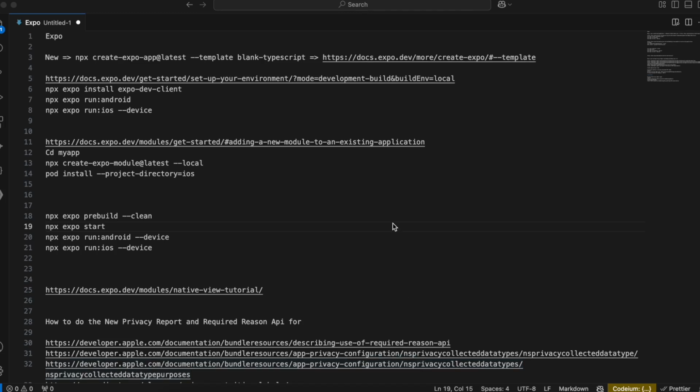In this video I will show you how to use the new privacy report as well as the required reason API for iOS in an Expo React Native application. So let's get started. First, as usual, we'll have to create a React Native application, and for that this